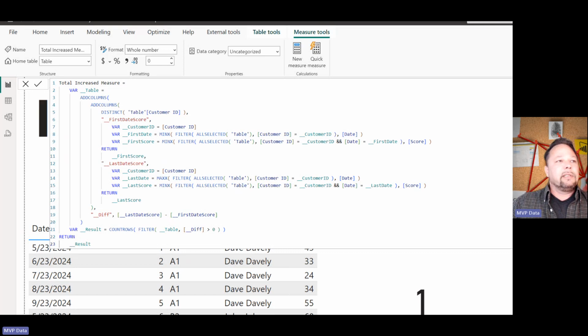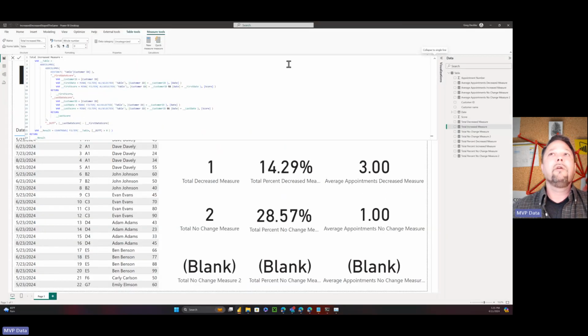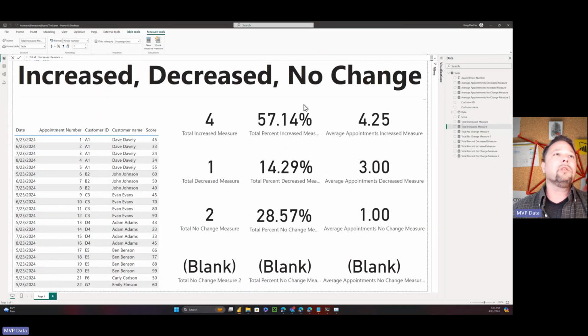So now what I can do is a var result where I count rows, filtering that virtual table essentially where the diff is greater than 0. And voila, I have a count of the number of customers that have increased in score from the date of their first appointment to the date of their last appointment. So we get a total of 4 here. And if you go through these dates, you'll see that there are 4 people that increased